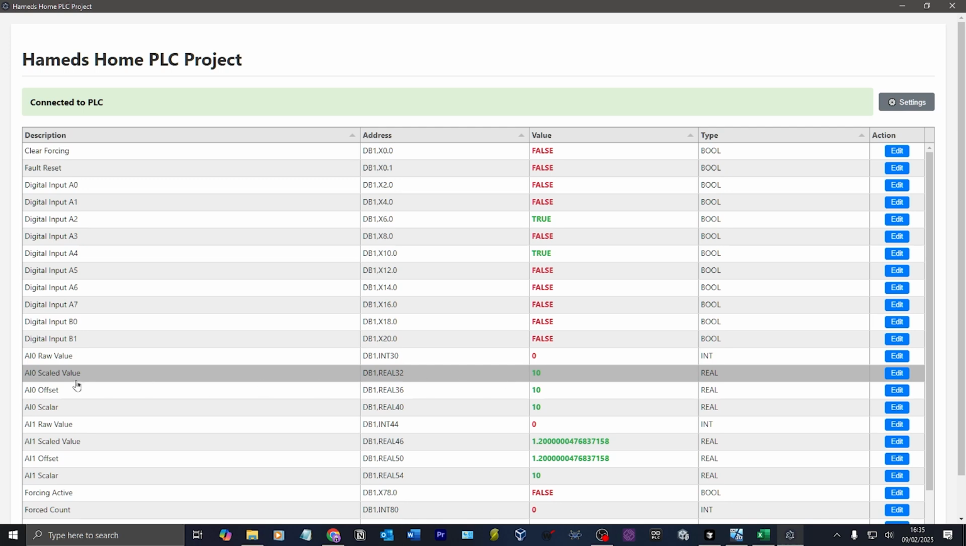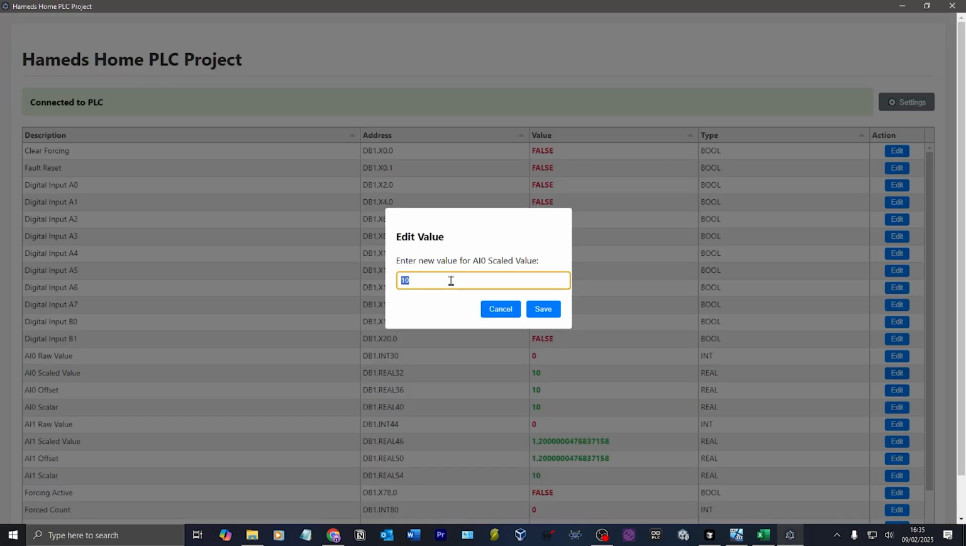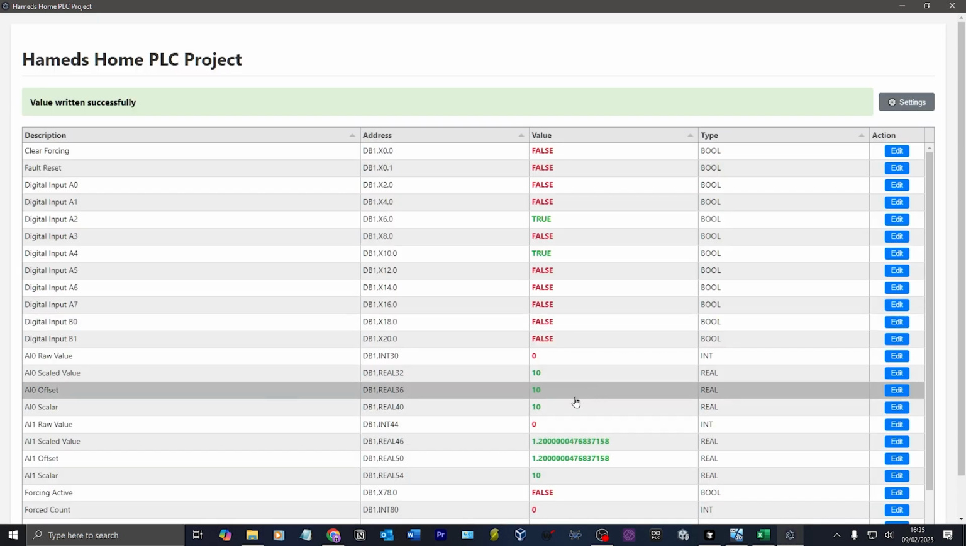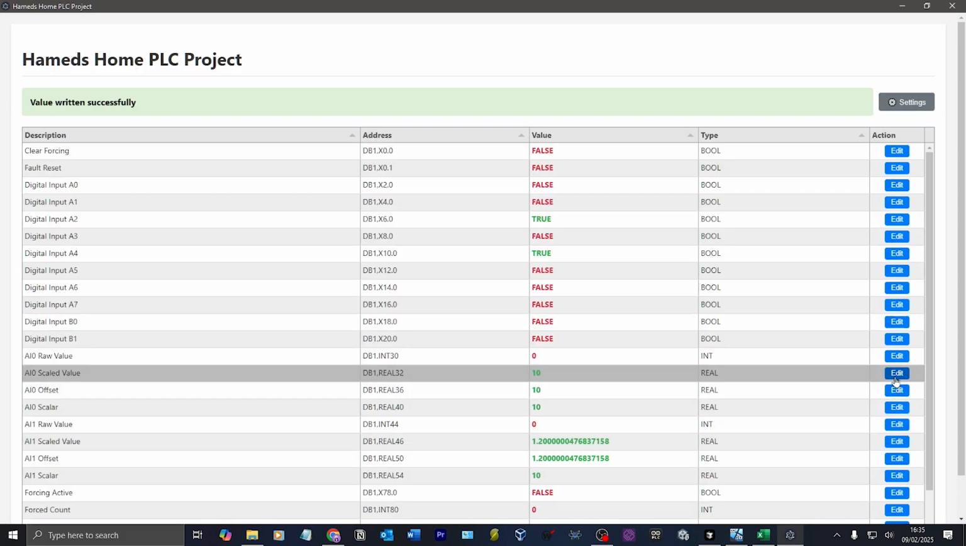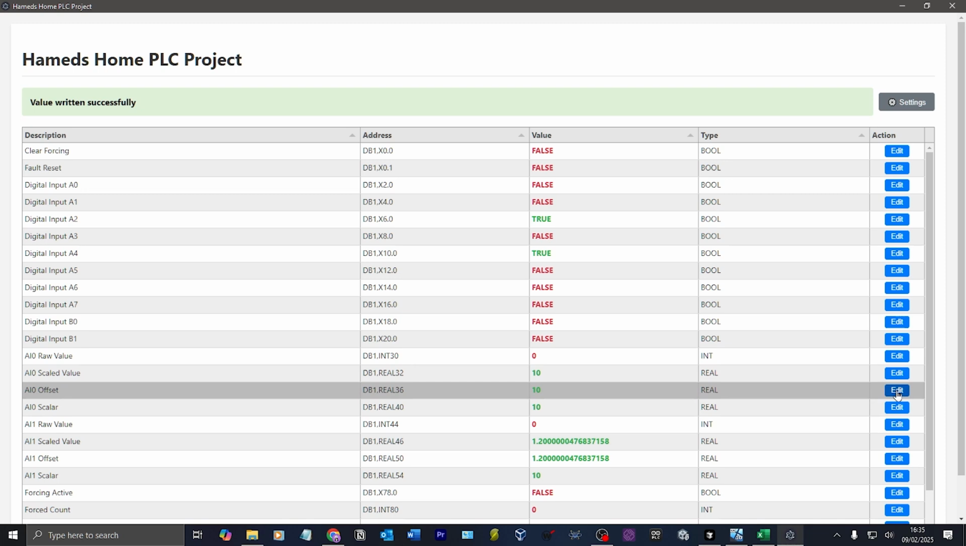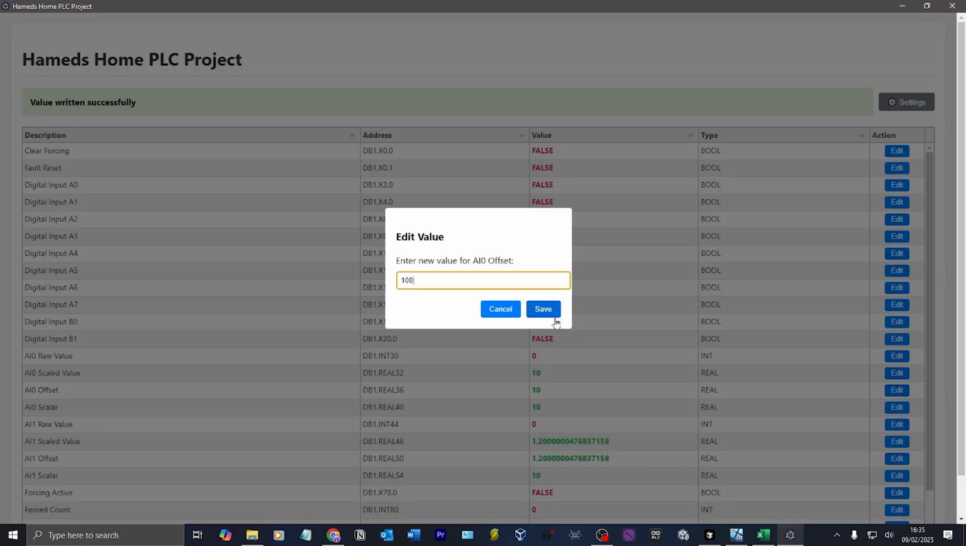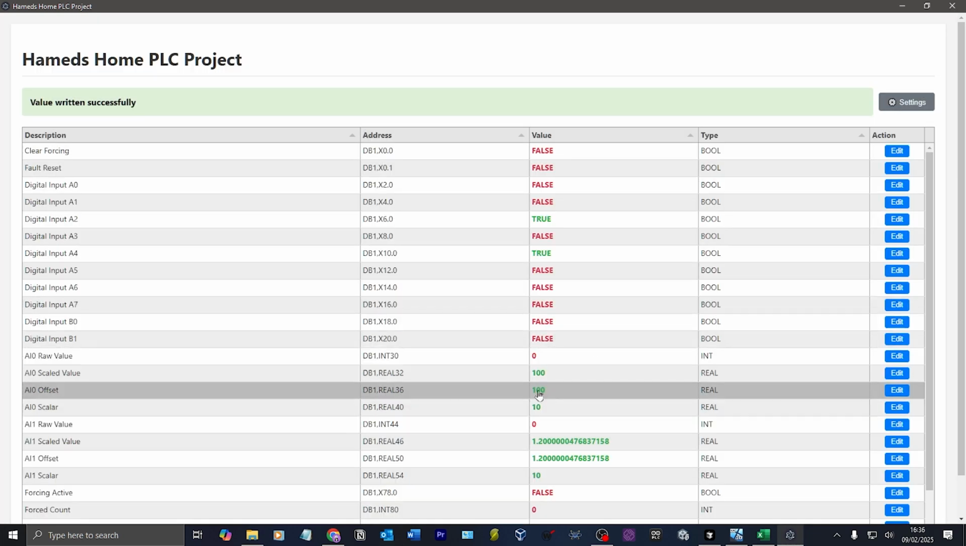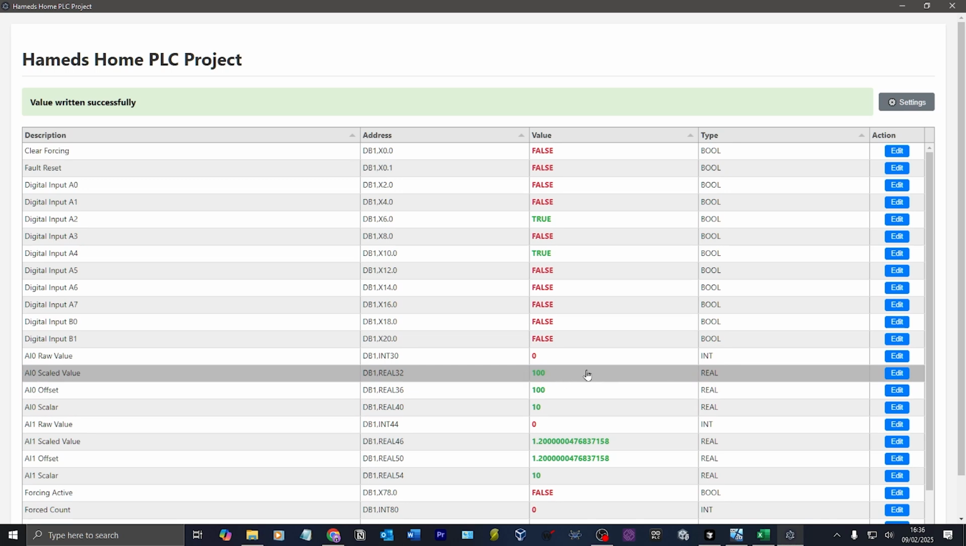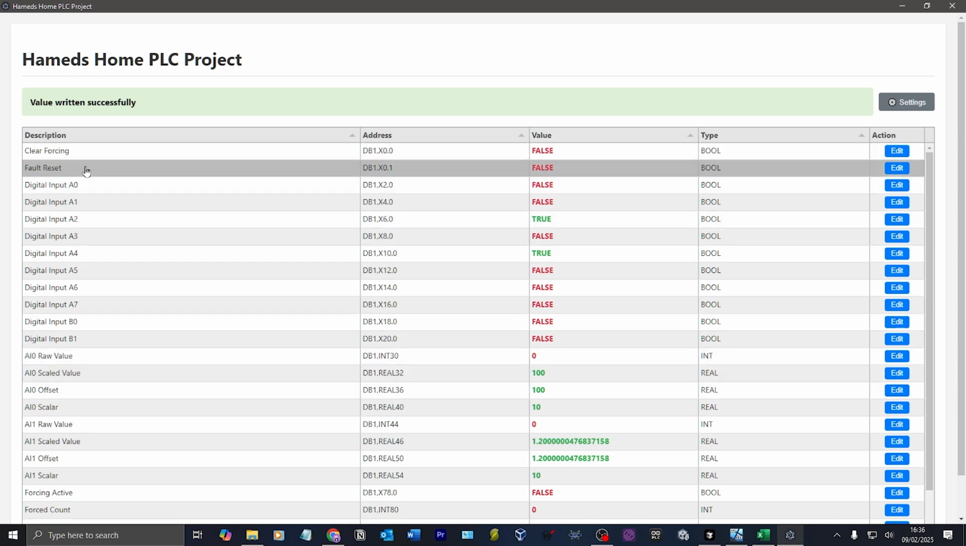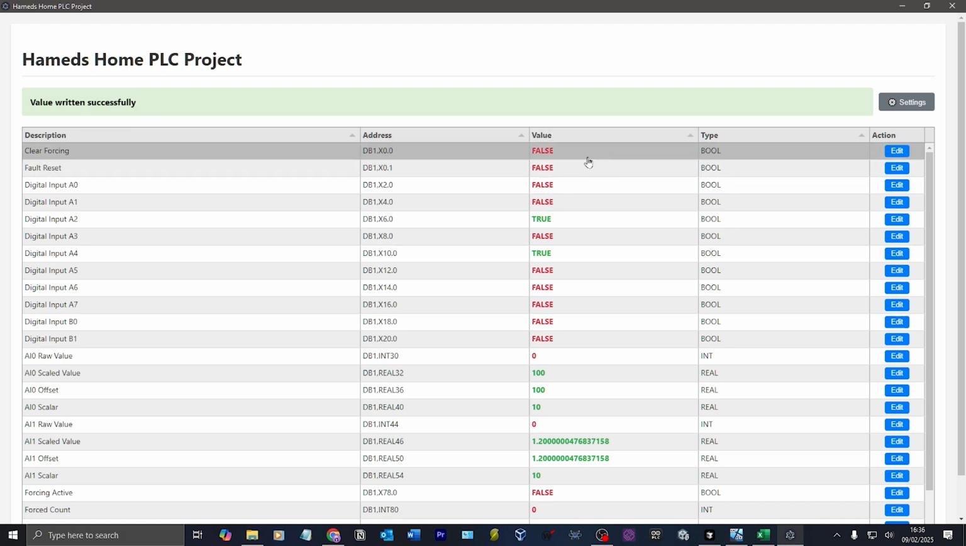So I can go to this AI 0 scaled value and edit and change that to 100. Save. I did not change scaled value. That wouldn't change. It's the offset that would change. 100. There you go. So that would have changed, but then the PLC code would have immediately rewritten over it. So what I want to do now, and it even says value written successfully. I want to